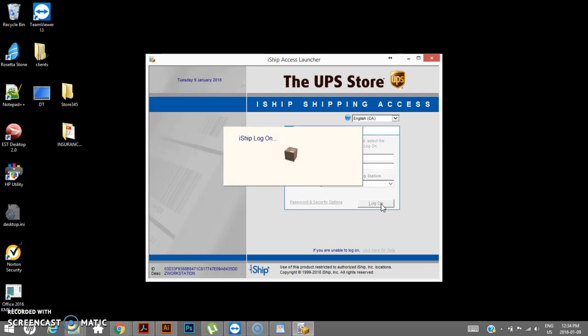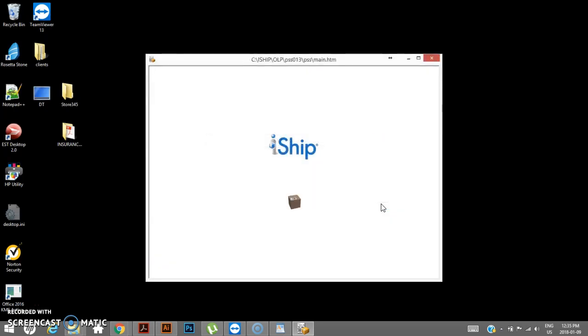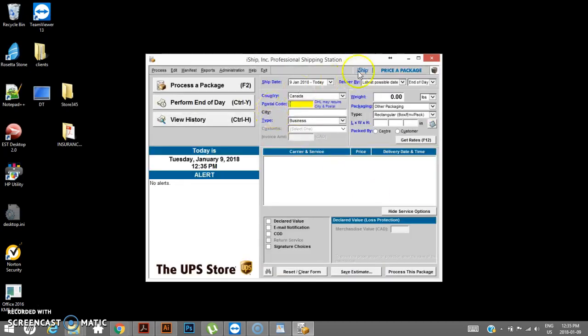But if you decide to change the password, I recommend that you let your associates at the UPS store know about it, because the main purpose of using the iShip is to let everybody at your store who is trained to use it know how to log in. They're not going to get stuck when they have to process a shipment in front of a client. Here we go. This is the first